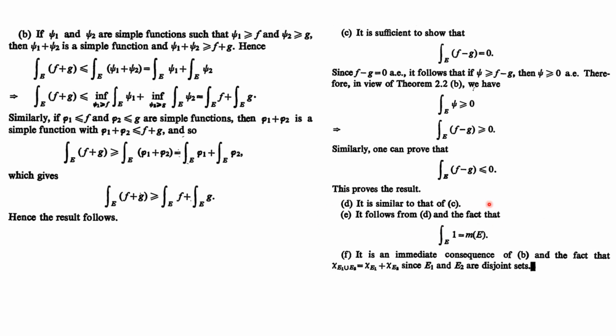Okay, so with this the E part holds, and similarly you can prove the F part, that the integral of f over E1 union E2 is the integral of f over E1 plus the integral of f over E2, where E1 and E2 are disjoint measurable sets. Okay, so we can separate them. So with this, all the properties of integrable functions, bounded integrable functions, are proved. Okay, thanks.